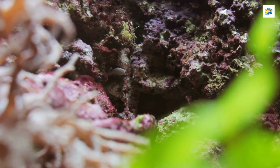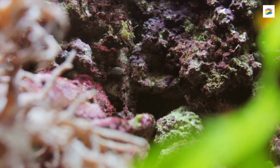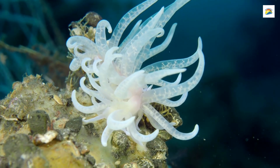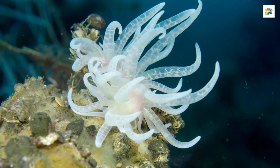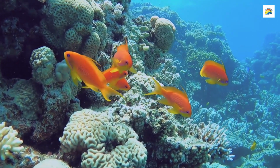These sunken vessels have become artificial reefs, providing vital habitats for a diverse array of marine creatures and offering a glimpse into the region's rich maritime history. The nudibranch, a dazzlingly colorful sea slug that comes in a mind-boggling array of shapes, sizes, and patterns. These fascinating creatures play an important role in the reef's ecosystem, feeding on algae and serving as a food source